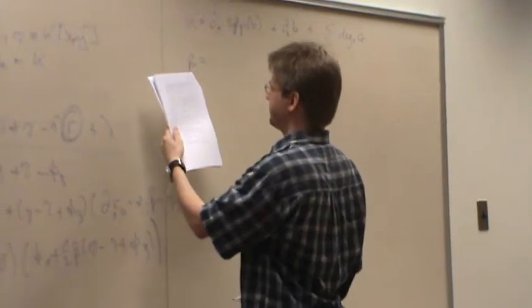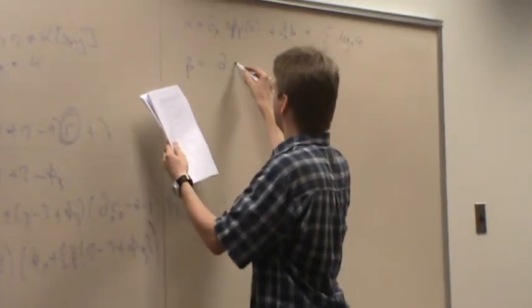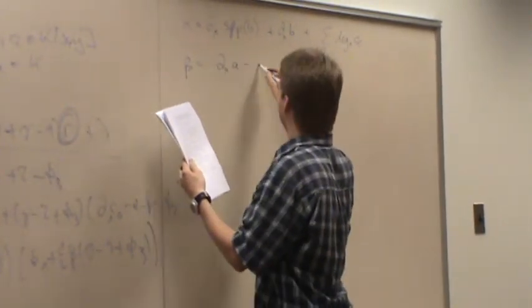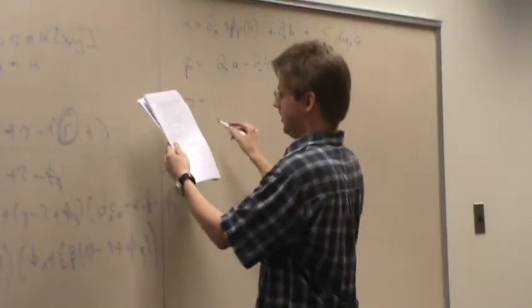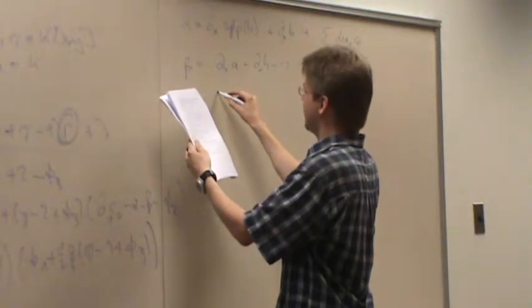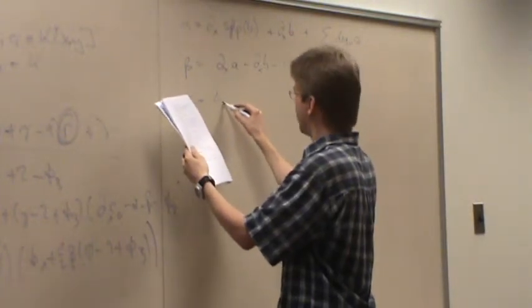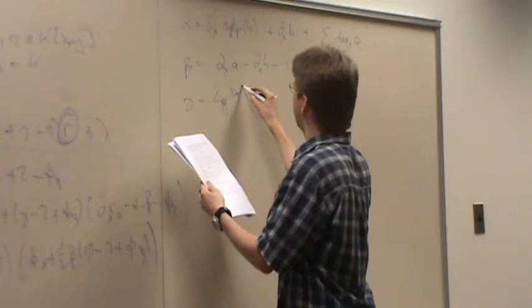Beta is the degree of A in x minus the degree of B in x minus 1. And gamma is the degree in y of the square free part of B